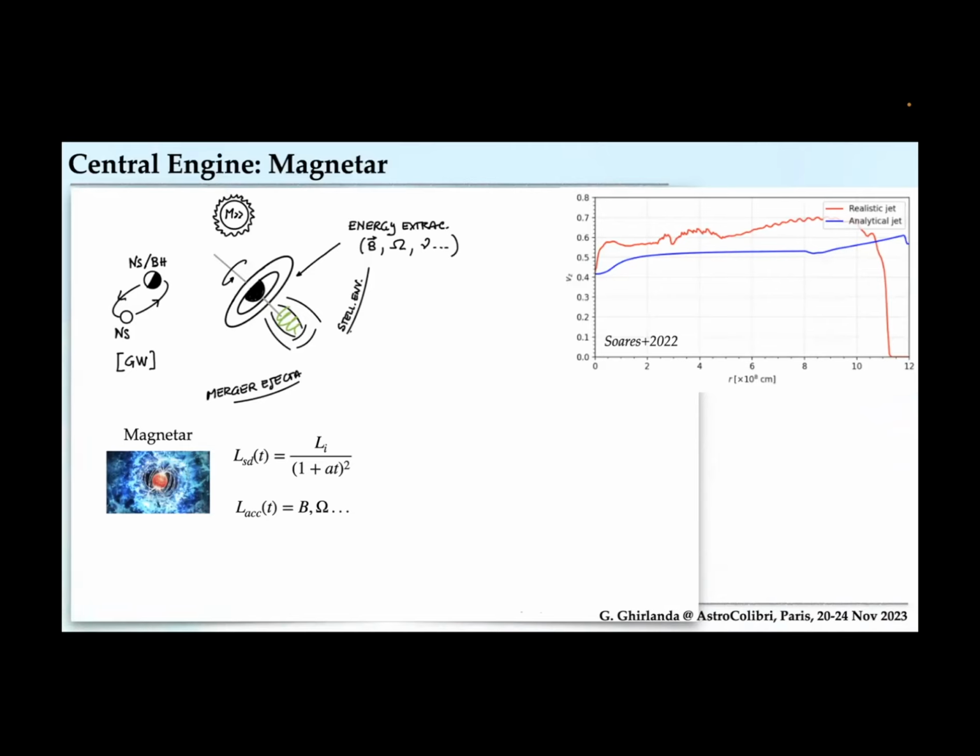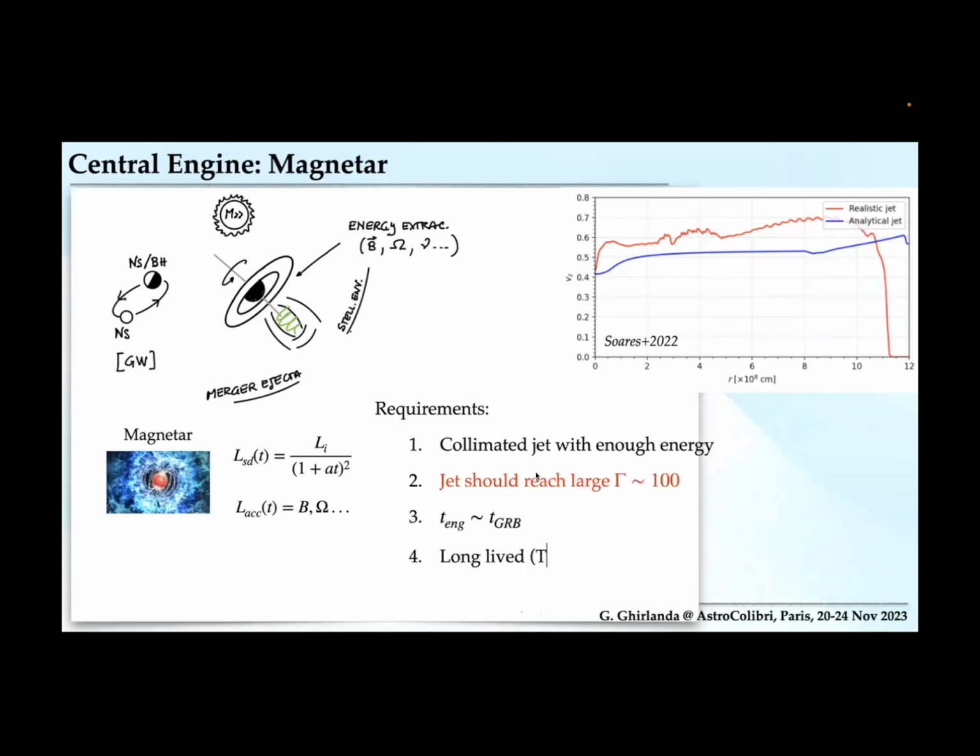You could have a phase in which you have a highly spinning star, from which you can efficiently extract the energy, at least via two mechanisms: the spin-down luminosity of the system, or even accretion onto the magnetar itself, which of course is increasing the mass, which can eventually collapse into a black hole. Now, the positive point is that in this case most of the requirements are satisfied,